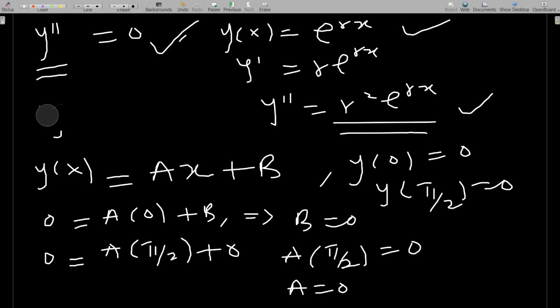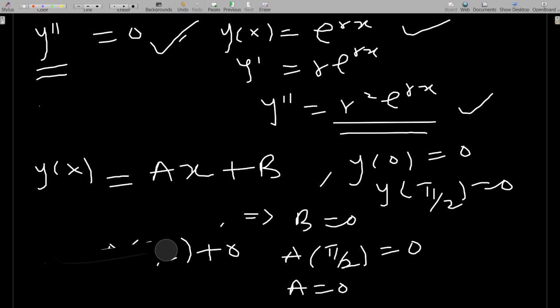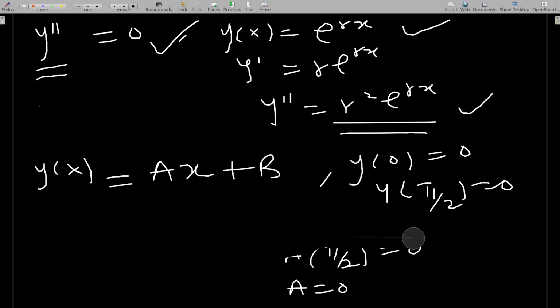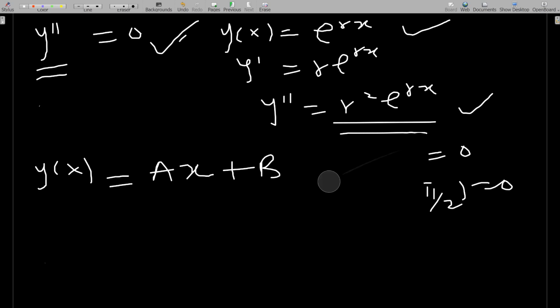So since the trivial solution exists, you should always check. Sometimes the question will ask you to find a Green's function, but you realize that the nontrivial solution does not exist for this one, and then you just conclude that there is no Green's function for this. Now, since we've known that the Green's function exists, the first point, we say that